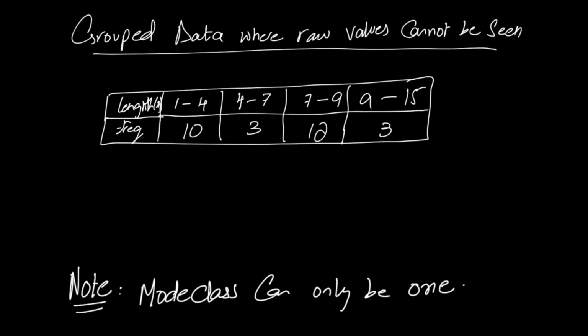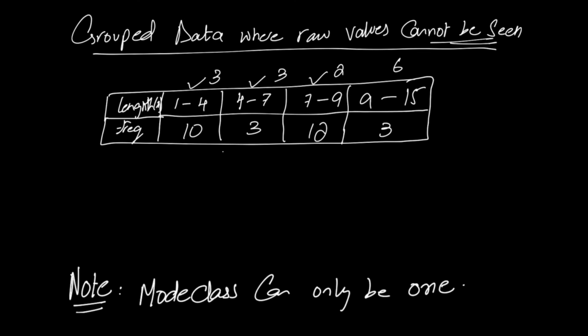Now let's take a look at where more than one digit is given in a class and the raw values cannot be seen. In this case, we can see that the gap is not the same. There is a gap of 3, a gap of 3, a gap of 2, and then a gap of 6. If it were the same, we could have simply used the highest frequency, and that would have been the modal class. But